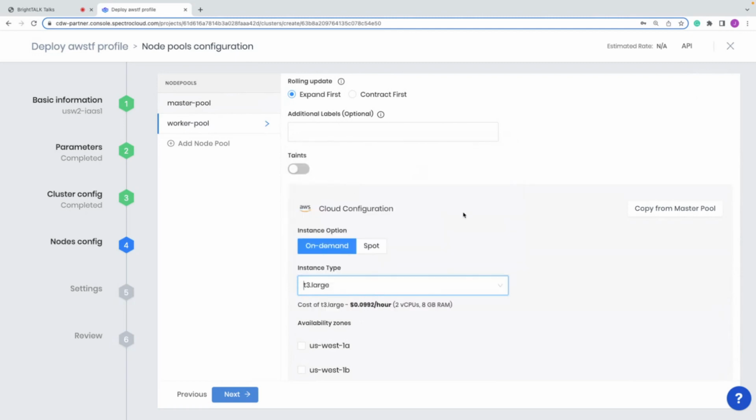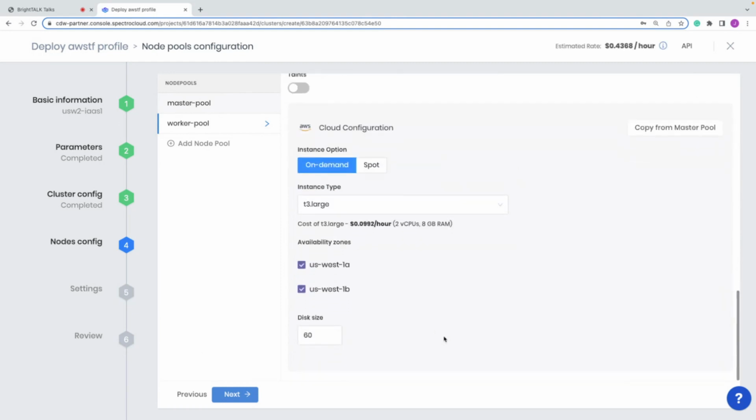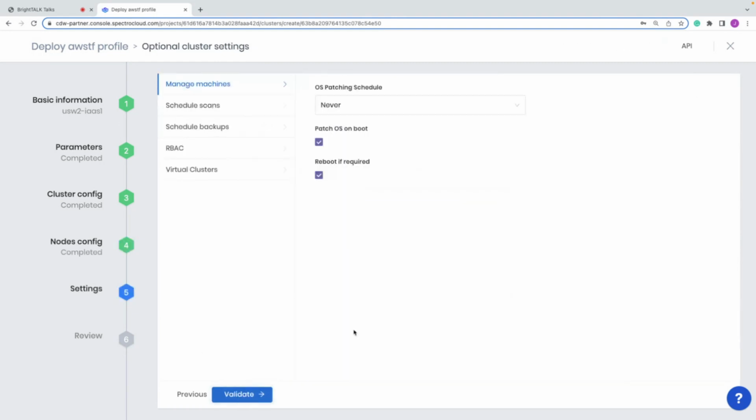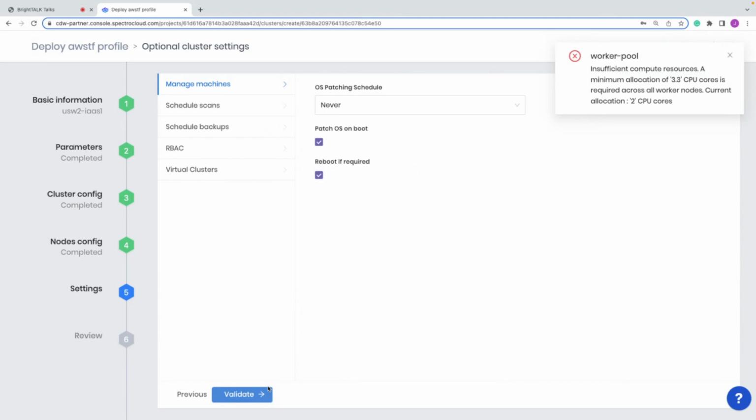Maybe I'm just some dumb kid out of the block, and I don't know. So Palette will provide some safeguards that will allow you to understand, hey, kid, you're trying to deploy clusters with resources that are going to constrain your application. So we know what those applications need, so we recommend you make a change. In this case, it identifies that the worker nodes don't have enough CPU cores.